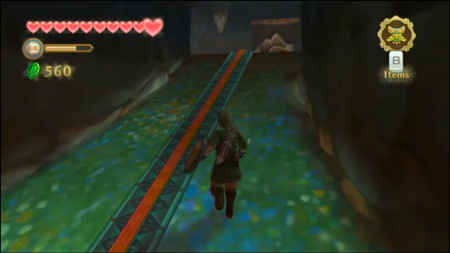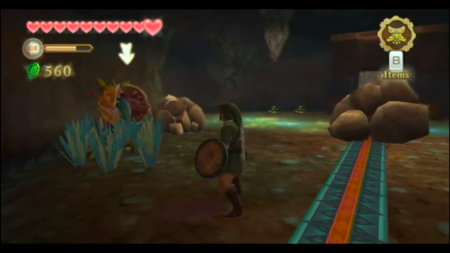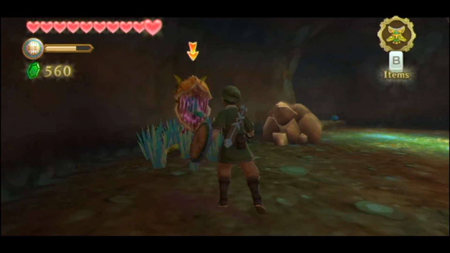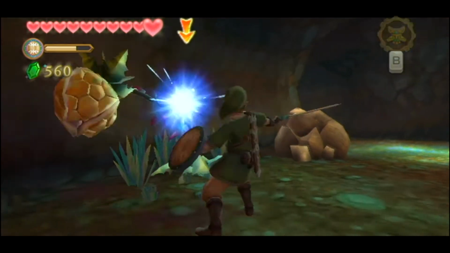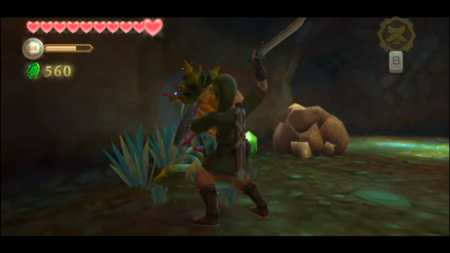These guys are on the ground, not just on the ceiling. So, you can fight it like this. Oop, not like that. Like this, no problem. And then just keep whacking it, like so. Shield bash is going to stun them, and then you can just...